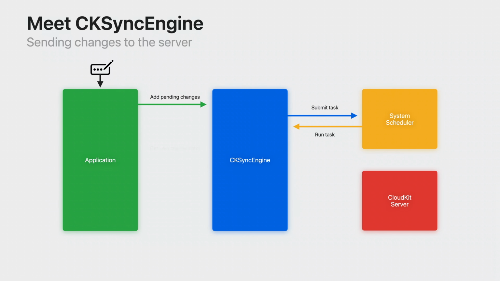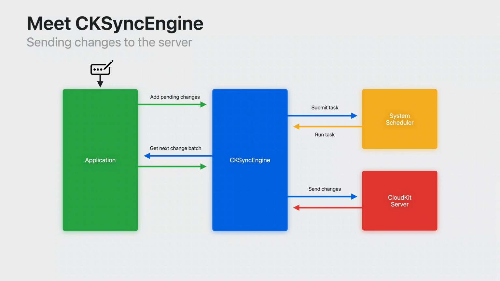In order to do that, it asks your app for the next batch of changes to send. If someone made a single modification, you might only have one pending change. However, if someone imports a huge database of new data, you might have hundreds or thousands of changes. Since there's a limit on how much can be sent to the server in a single request, the sync engine asks for these changes in batches. This also helps to reduce memory overhead by not bringing any records into memory until they're actually needed. After you provide the next batch, the sync engine sends it to the server.